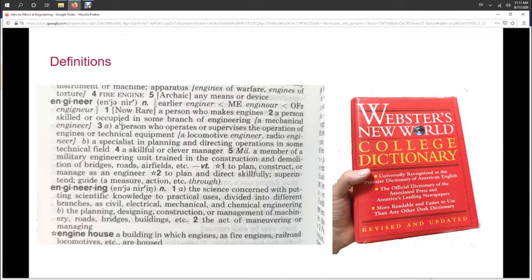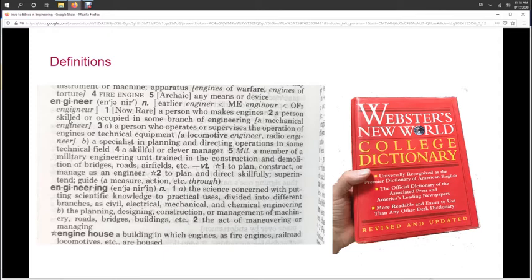And then engineering is right below it. So one of the most applicable definitions for us: a person skilled or occupied in some branch of engineering. Yeah, there's more interesting things here. They said skilled or occupied. When you read definitions in dictionaries, you can be sure that the people who wrote it spent a great deal of time choosing the words carefully, and they try to make their definitions as concise as possible as well. So if they chose to use skilled or occupied, there's a reason why they use both of those words.